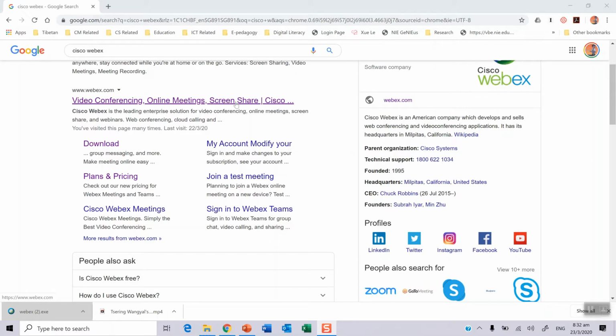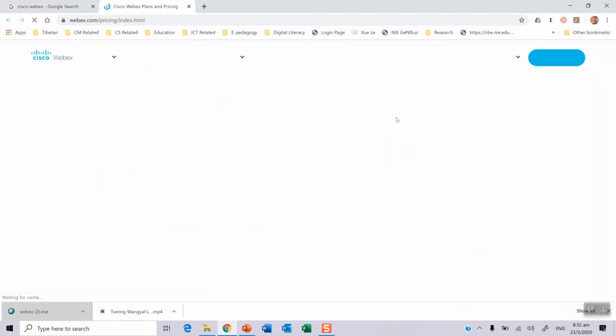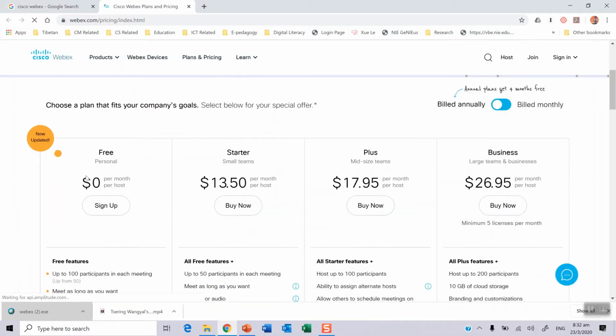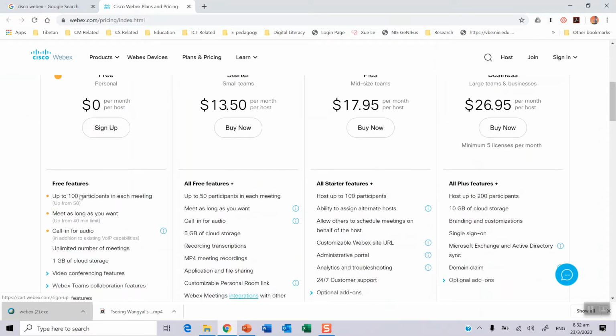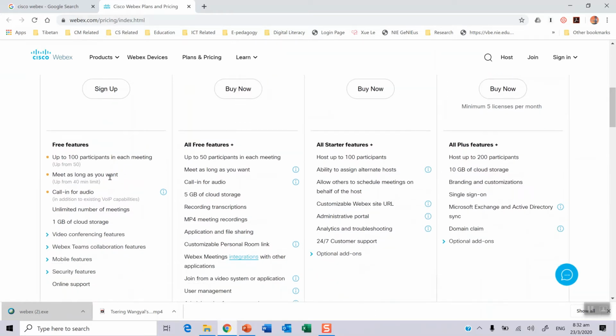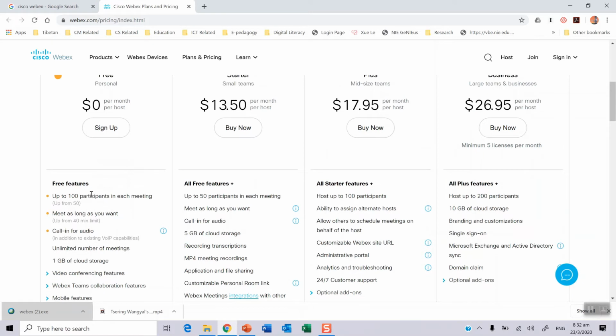Right. So now, first thing you need to do is, of course, let me share with you some of the features it has. As you can see, there are a lot of plans. All you need to do is sign up for the free account. Once you sign up for a free account, you can have up to 100 participants in each meeting free, and the meetings can be as long as you want. Earlier, free ones used to be only 40 minutes, but now you can enjoy all the features for as long as you want, right? But there are some limitations on